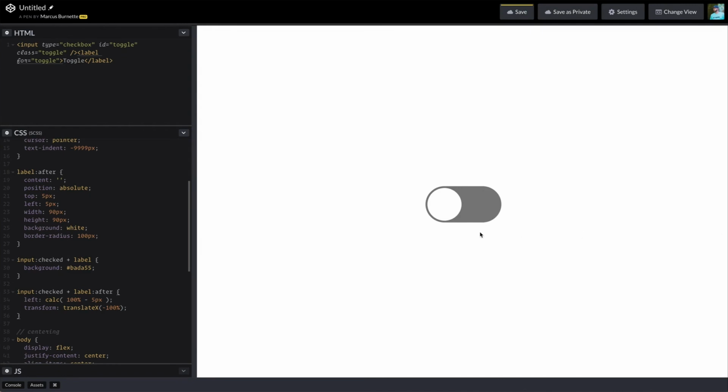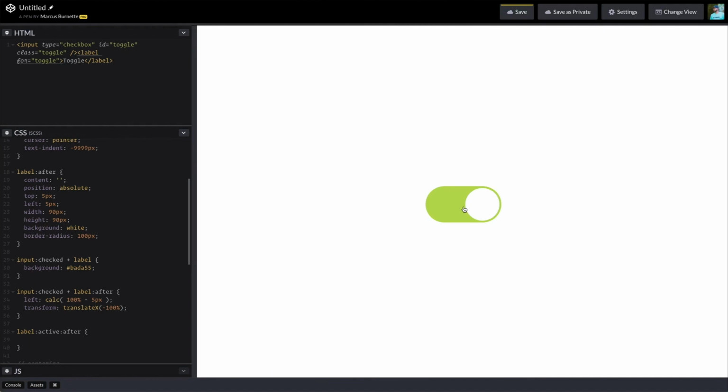All we want to do now, just to kind of cap this off, is to add that little animation stretch in between, just to kind of give it that little bit of extra interactivity. So to do that, we're actually going to use the label's active pseudo class on the after pseudo element. I know it gets a little complicated here. We're kind of layering some things, but when the label is active, in other words, when it's on a mouse down, when it's being clicked on before you let go of the click,